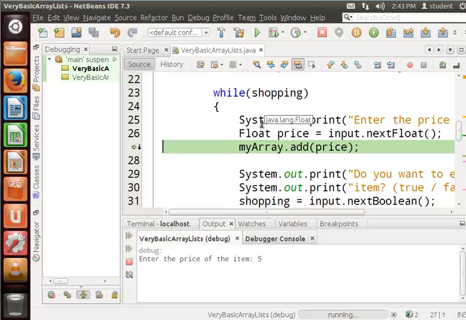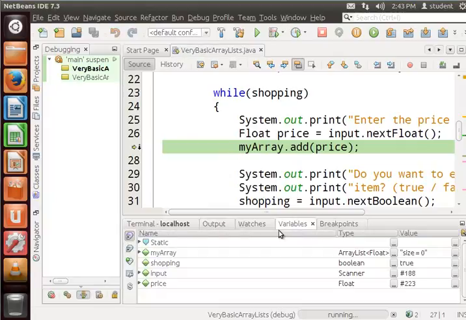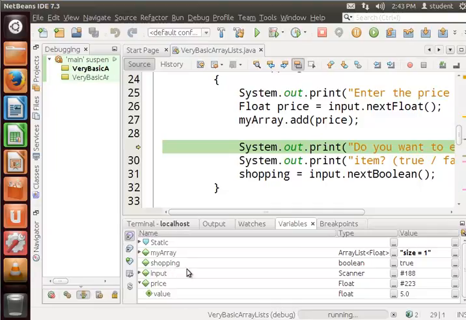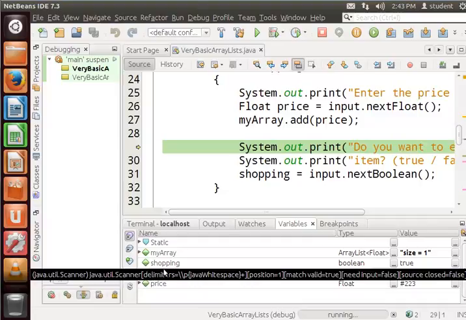And then let's continue on by stepping over this. And we should get something here in our variables. Alrighty. Let's see here. Price here, and value is 5, you get stored in there. So this price now contains the value 5 in it. And that's great because when we go to add this